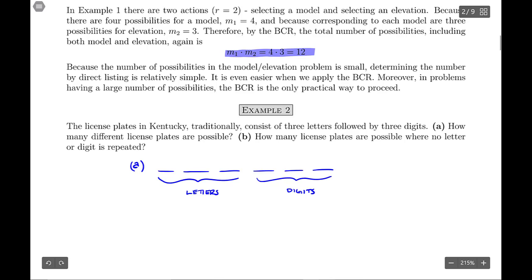So there are 26 letters in the alphabet, so we have 26 choices for that first position. Again, we have 26 choices for the second position, and 26 for the third. Then when we move over to the digits, they consist of the numbers 0 through 9. So we have 10 choices for the first position, 10 for the second, 10 for the third. What's nice about this, we just multiply all these together and we come up with the number